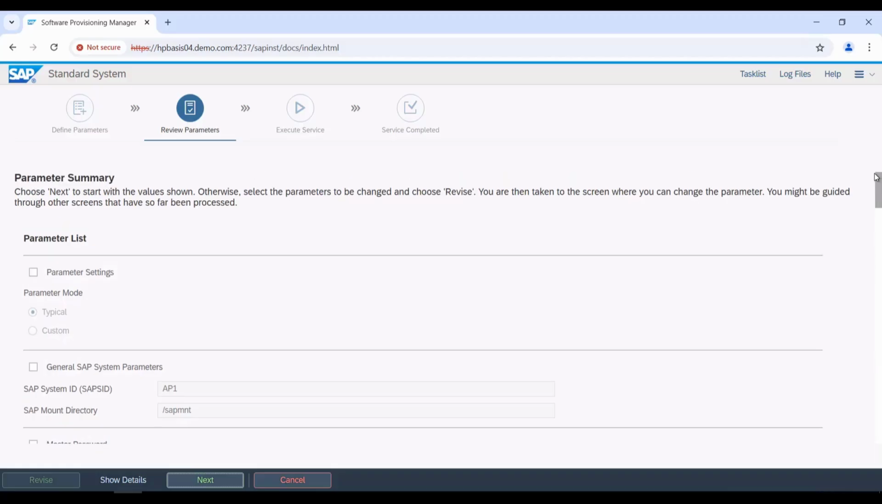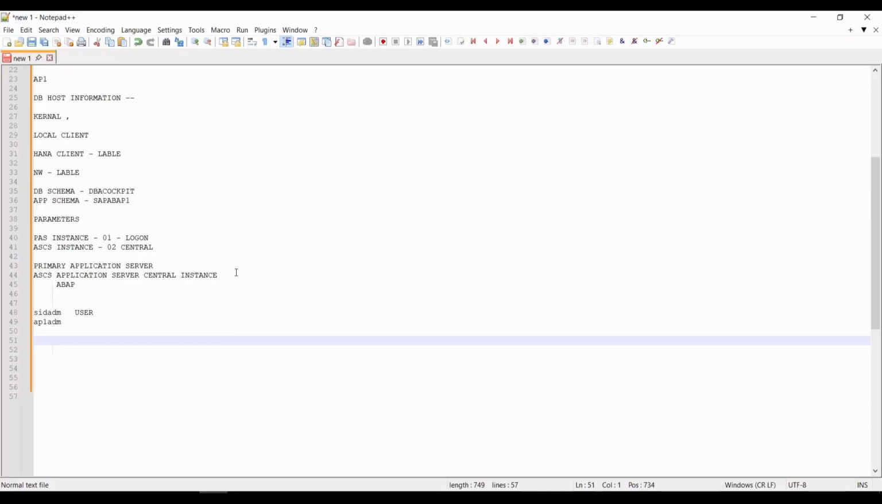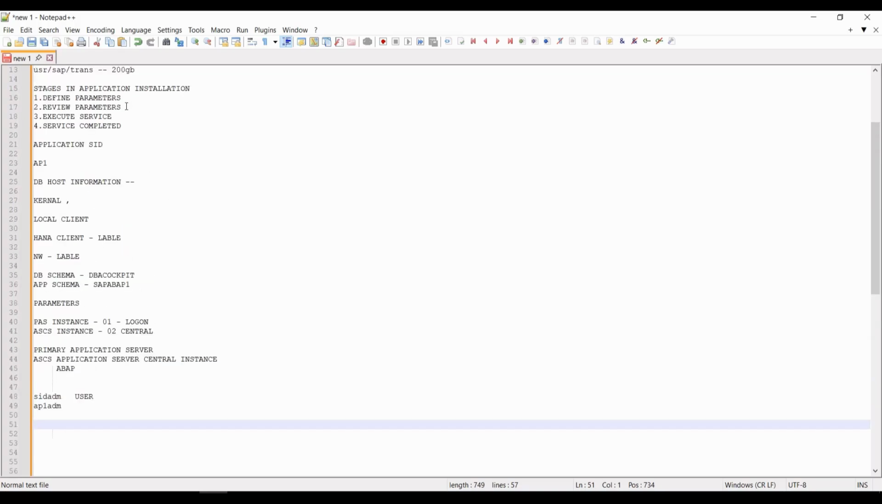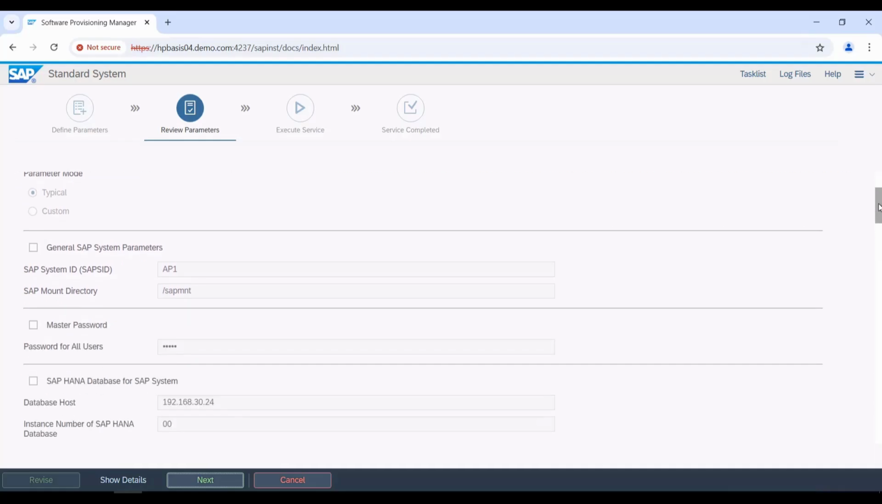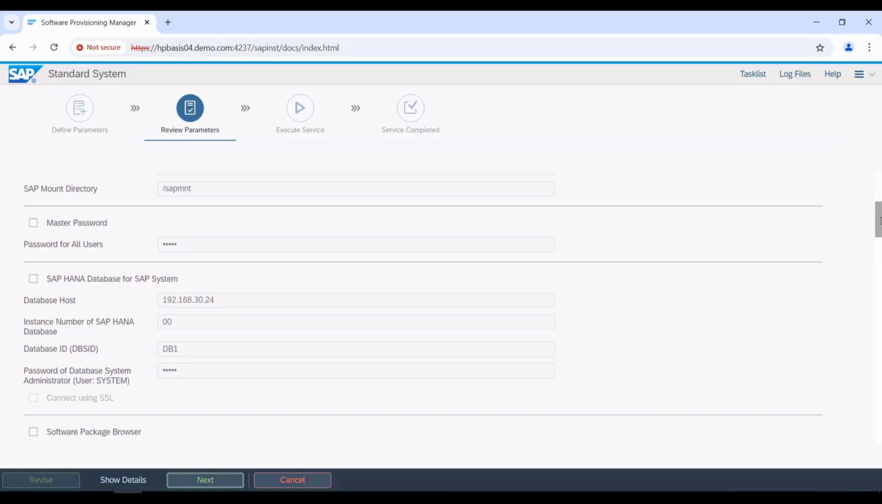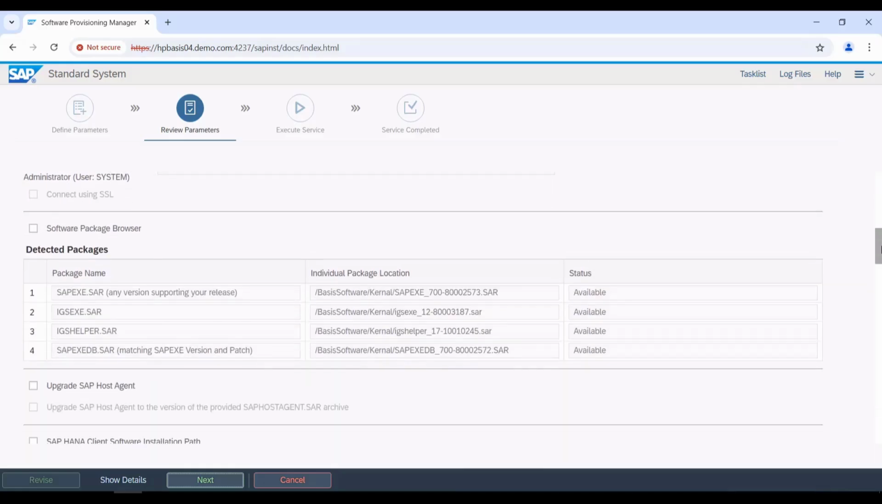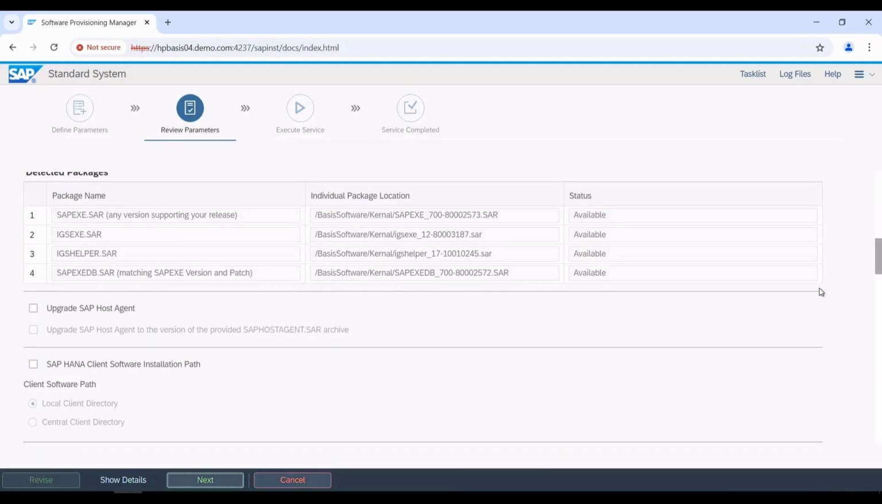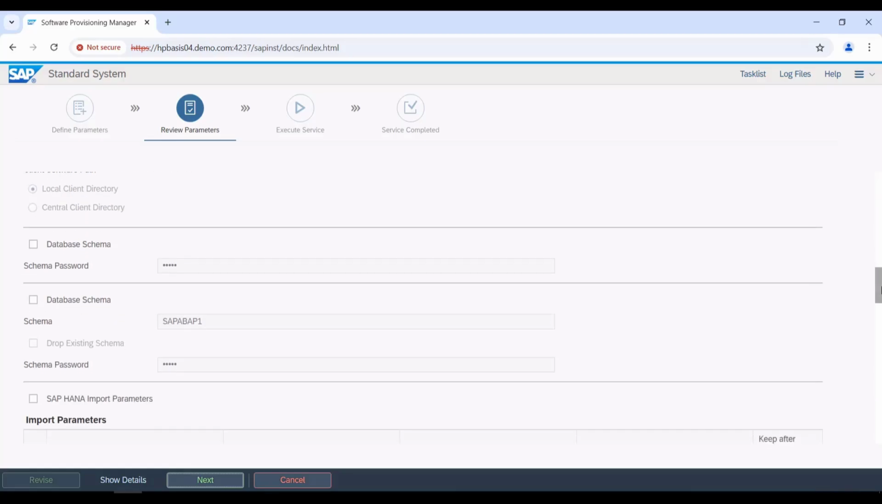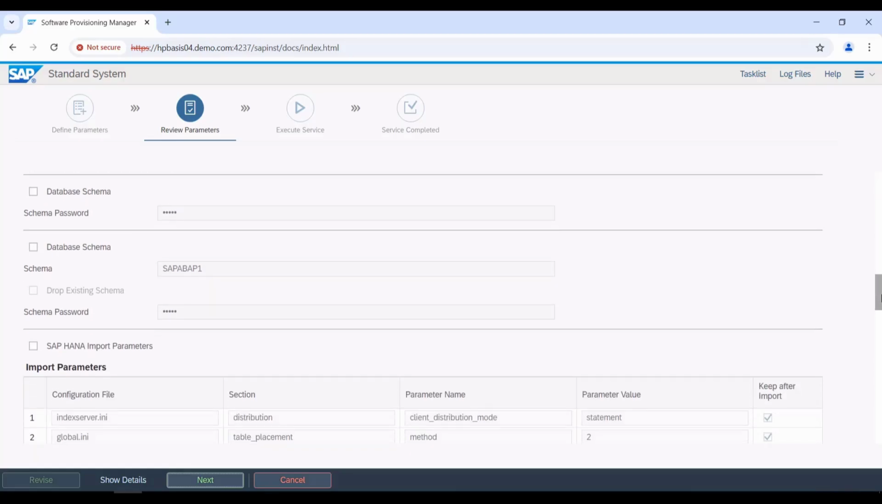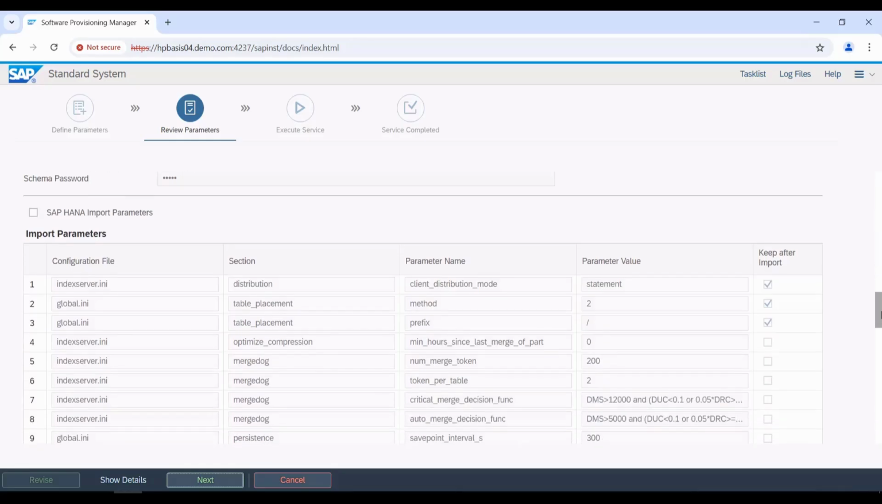Now we are going to review the parameters. We are on the second step, the second stage, review parameters. So we have to recheck what you have given and what the system has taken by default. Everything should be available, the status, whether the DB schema is there or not, whether the ABAP schema is there or not, and